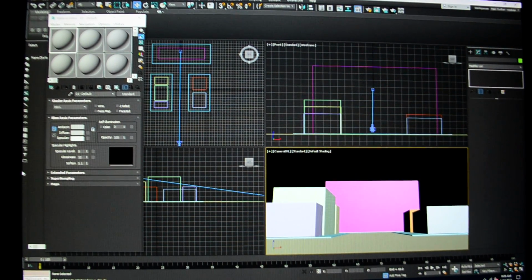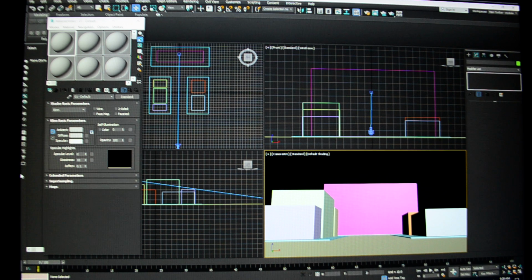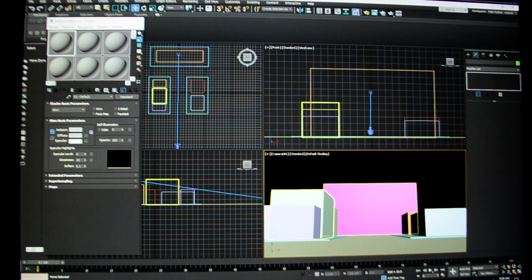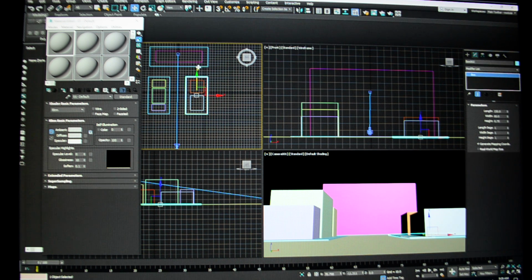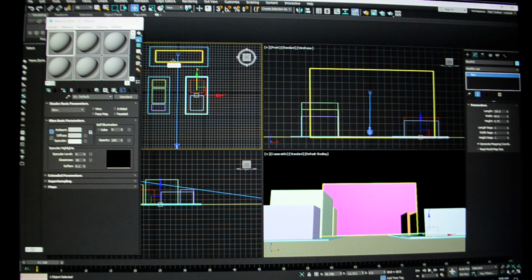Okay, so what we're going to do, move this up a little bit. I've set up a scene here where there is a plane, and I've created some buildings, and these are curbs for sidewalks, and then buildings. All these are buildings. And I'm going to show you how to turn this into a city scene